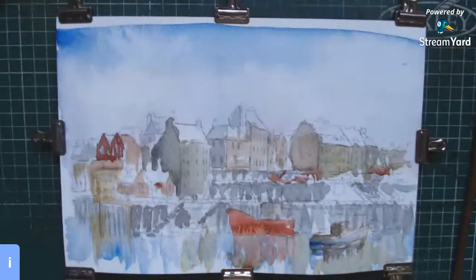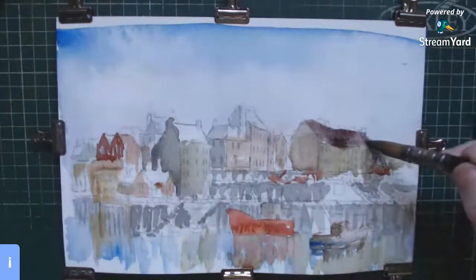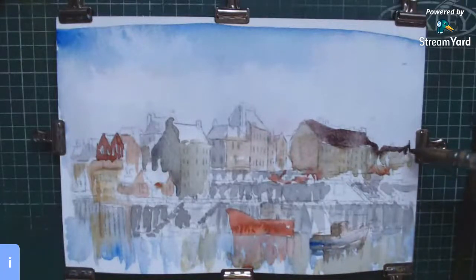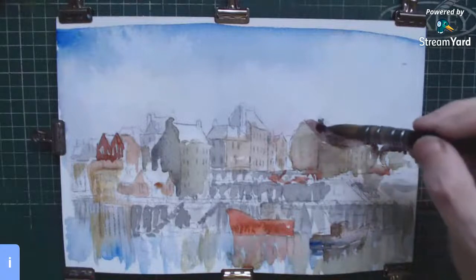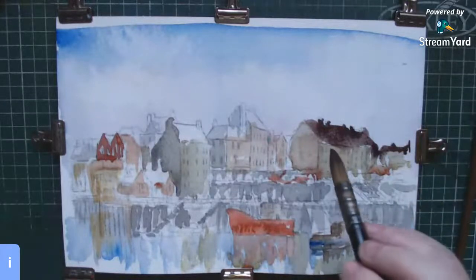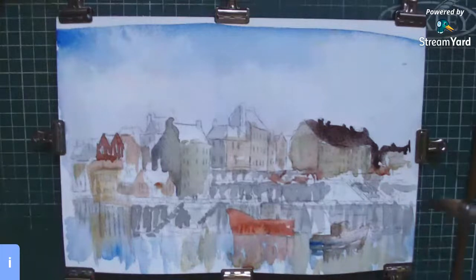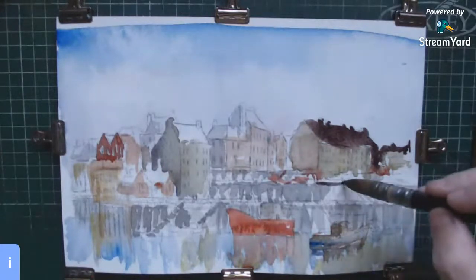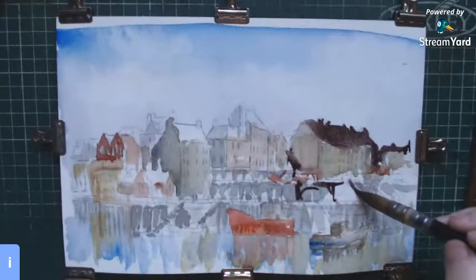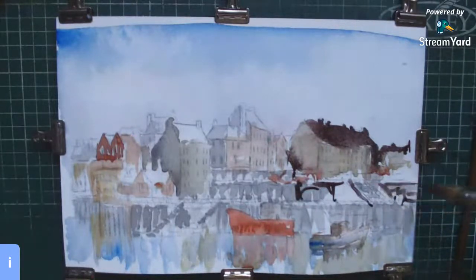Right. I'm going to make sure that's quite wet, and I'm only following it very roughly like that, and I'm trying to find connecting points. And you see how, because that's still wet, it's bleeding into that area. Well, that's good, it kind of helps interconnect the painting. And while I'm in that frame of mind, let's see if we can get some of the darker details in. I'm going to work around that area there because I seem to see some people there. Might not be, but